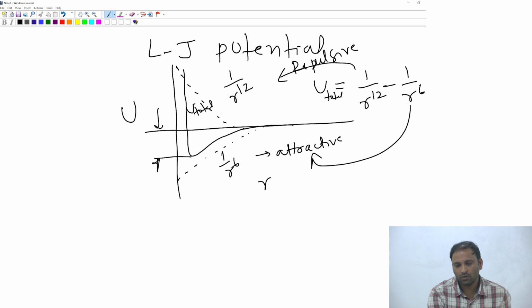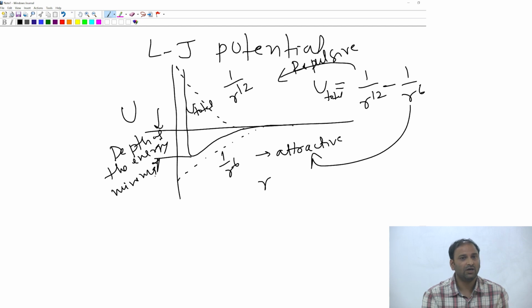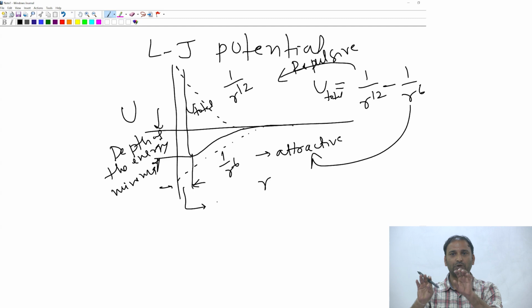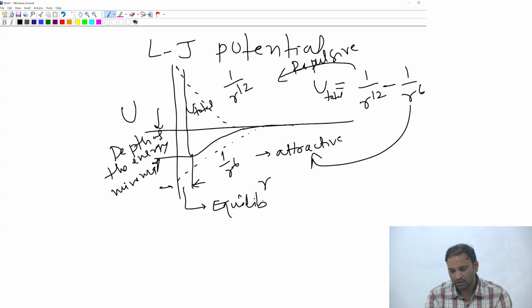I can say something about the depth of the energy minima. The depth of the energy minima will tell you something about how strongly the atoms or the molecules are bound together in a given material, right. That's what the depth of the minima represents, and the minima position tells us something about the equilibrium position, right. On an average, what is the typical distance between the atoms or the molecules that constitute a given particle, that's your equilibrium